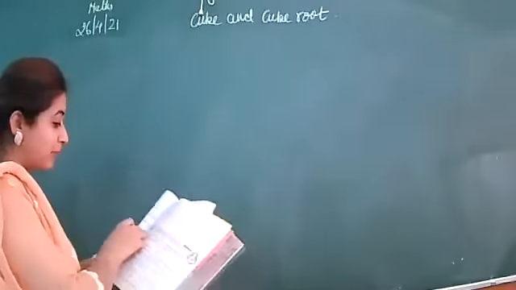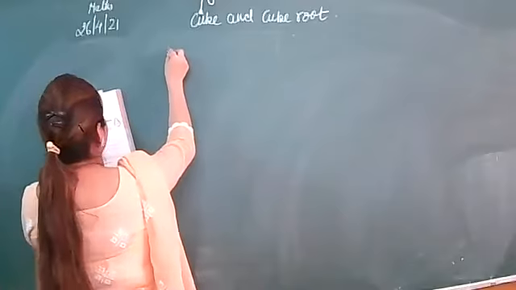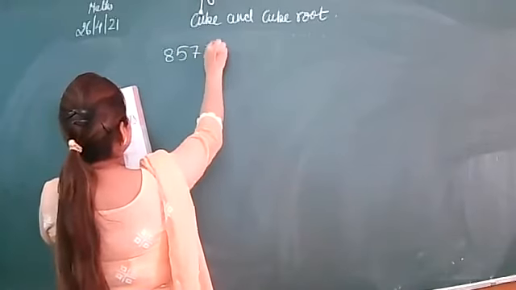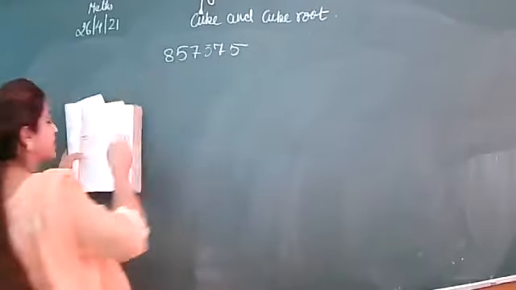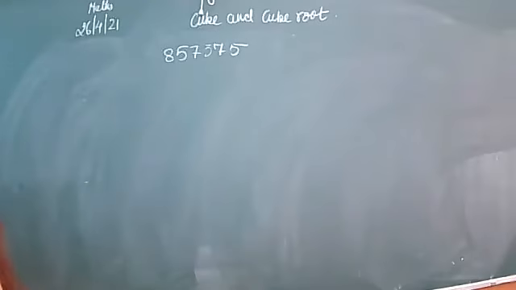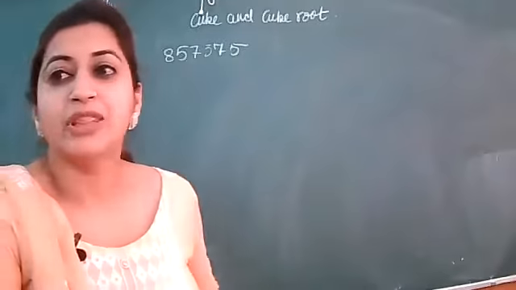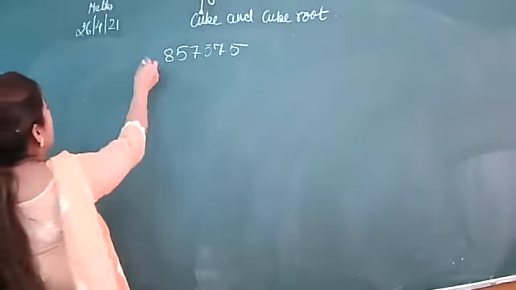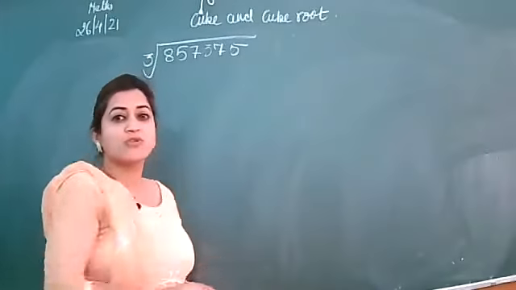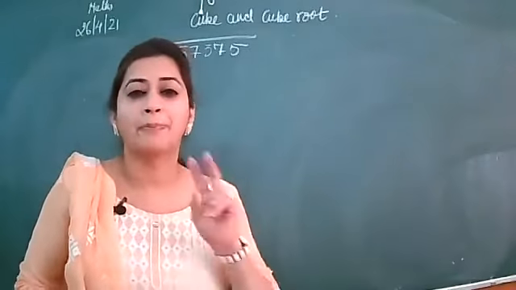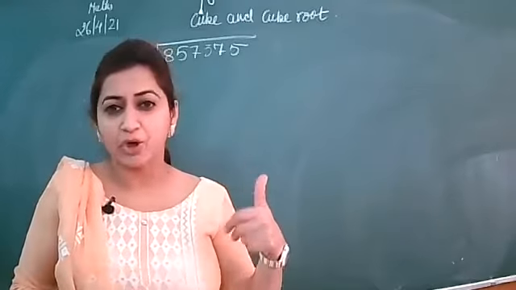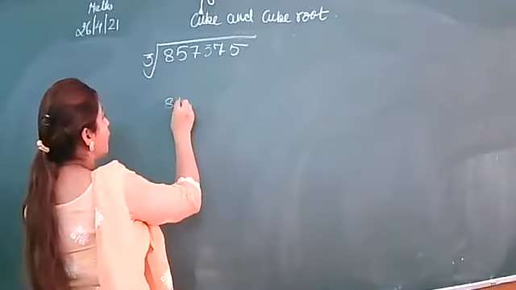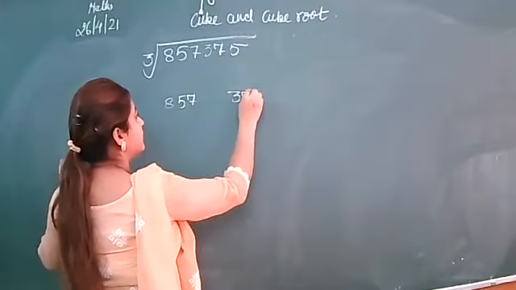I am discussing one example that is given on page number 115. 857,375 is given to you. You have to find the cube root of this number without any method. You will just estimate its cube root. So the symbol for the cube root is this. In case of square root, we make groups of 2, but in the cube root, you will make a group of 3 from the right hand side. So if I make the group of 3, 3 in this manner,